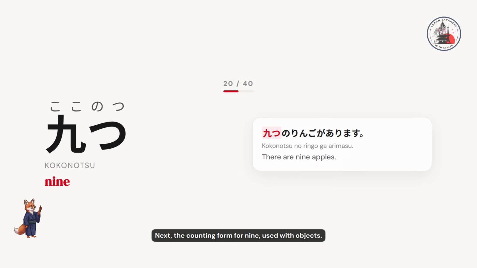Next, the counting form for 9, used with objects. 9つ、9つ。 For instance, 9つのリンゴがあります。